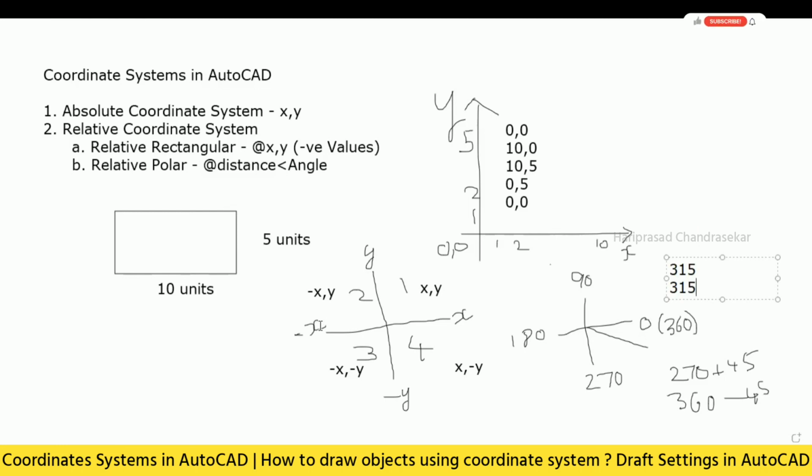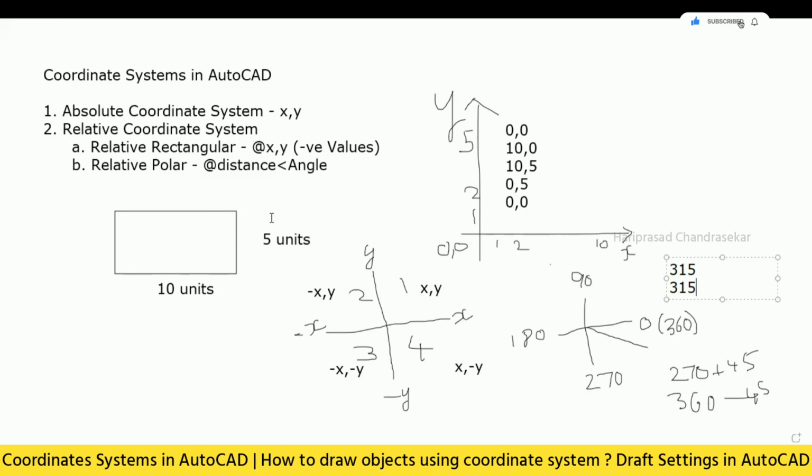Okay, this is the traditional coordinate system in AutoCAD. Without using the mouse, we can draw objects, but it is very difficult to do it like this. Only in certain situations can we make use of it. For example, if you want some inclined line at a particular angle, or some lines in a particular direction, then you can make use of it. Otherwise, if you want to draw big plans and sections in the absolute coordinate system, it is very difficult. So just to know this coordinate system, I'm telling. Later on, you can apply it whenever needed, in whatever way you can use it. So kindly make use of it. It is very useful and very simple to understand also.